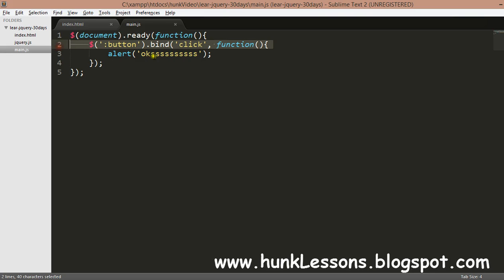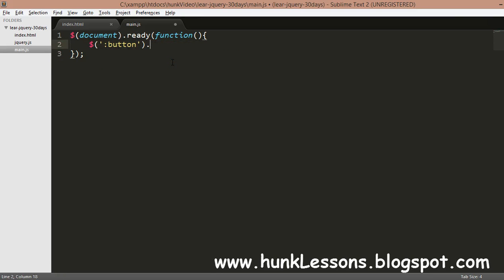Okay, you will be thinking that Hussein has gone mad, he has been teaching us the long ways to do things. I could use click for that. I know it will work, but click is a short method, and bind provides you a lot of functions which you can use.